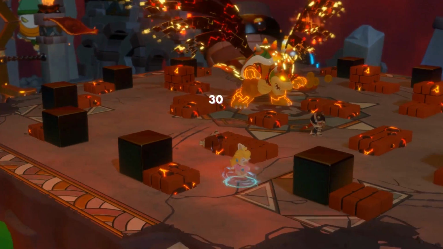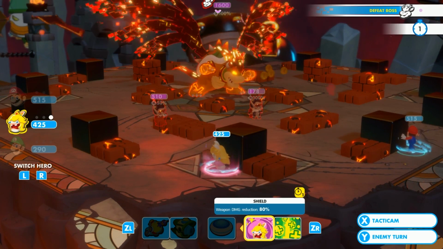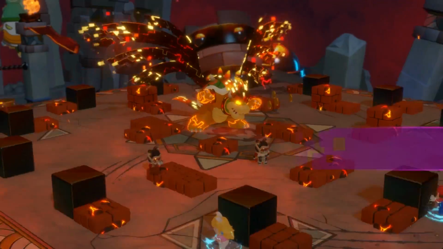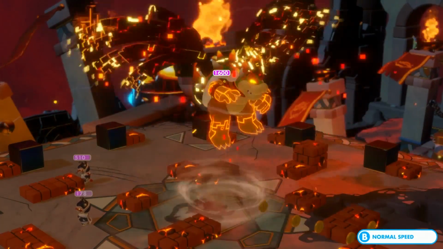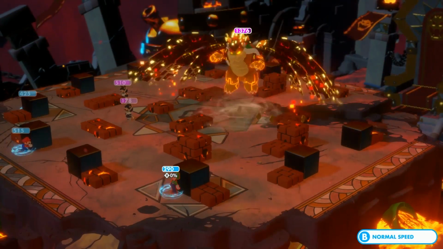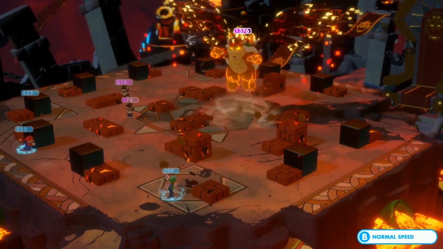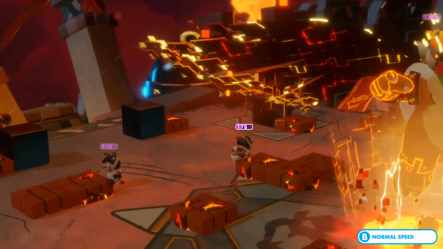So anyway, I think I've talked about this in the other videos, but Rabbid Peach and Luigi, this is my favorite team here for boss fights. This is probably the best, hands down, combination of people. I would also recommend, if you have a little bit of extra gold,